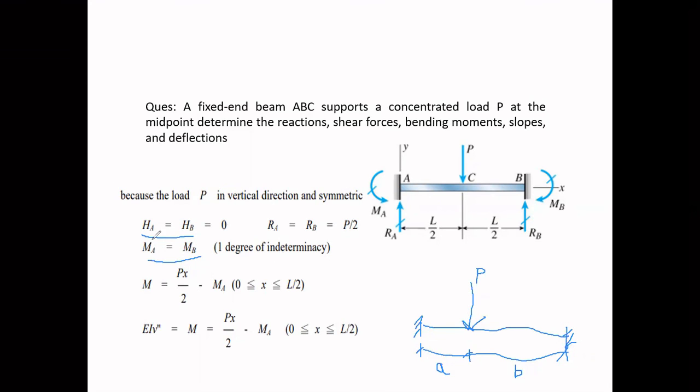So also HA will not be equal to HB. So this was a case of a symmetrical beam, but in the case of an unsymmetrical beam, the condition will not be like this. So in those cases, we need to solve these equations more precisely in order to calculate all the unknown reactions,